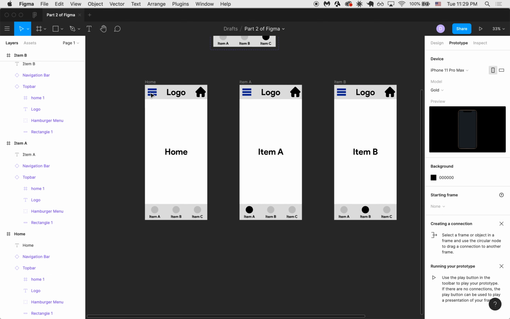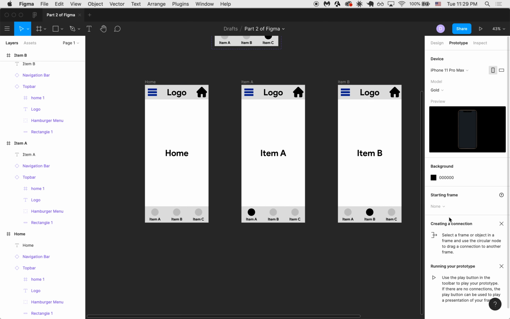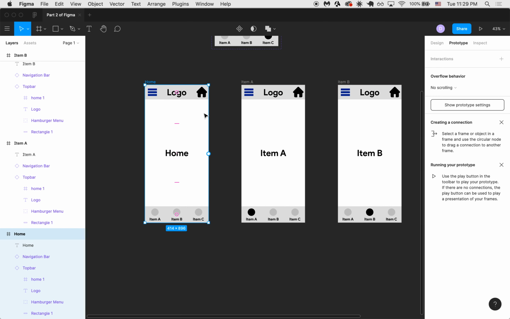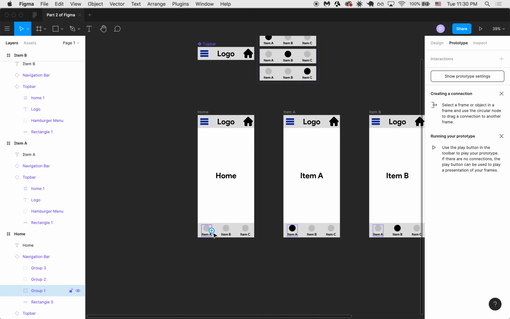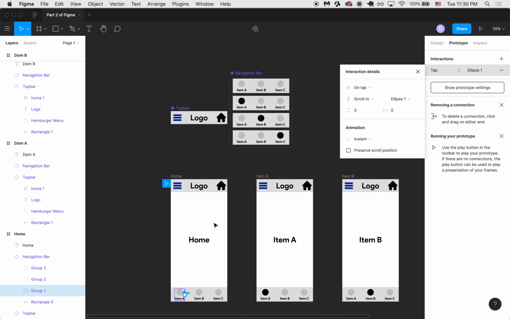But what I'm going to do here is make sure that this is going to be my starting frame. So in order to do that, I want to make sure that I have a link to start with. In this particular case, the home button, we don't need to link the home button back to the home button because we're on the home page, whereas we want each one of these groups down here to bring us to the corresponding pages. So I could either do it like this, where I link each one of the different groups, so item A to the item A page. But the better way to do this is make sure that within your